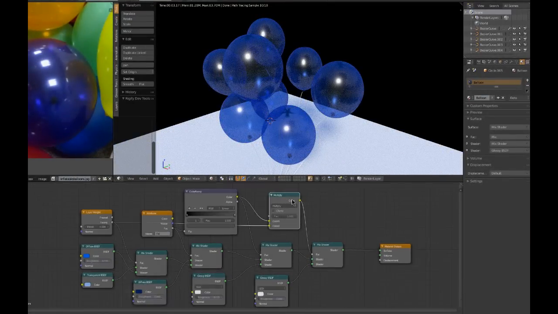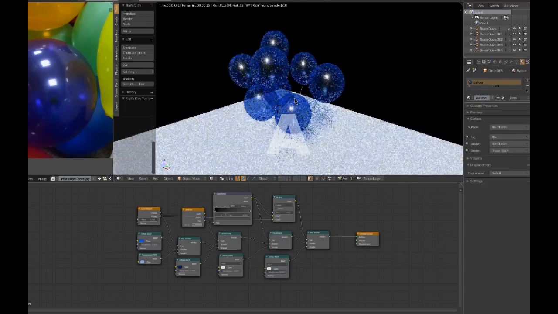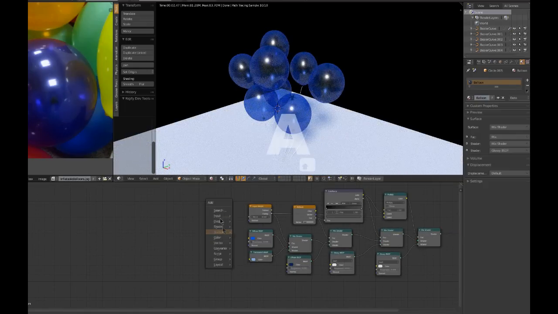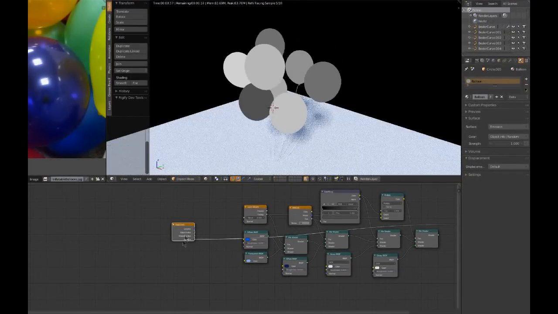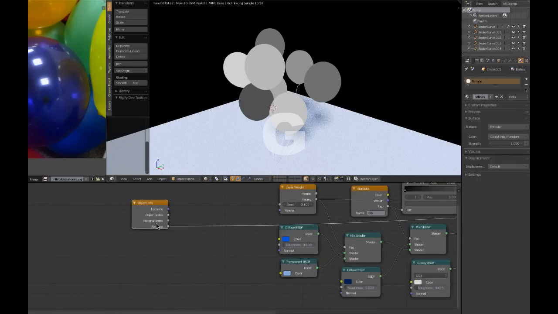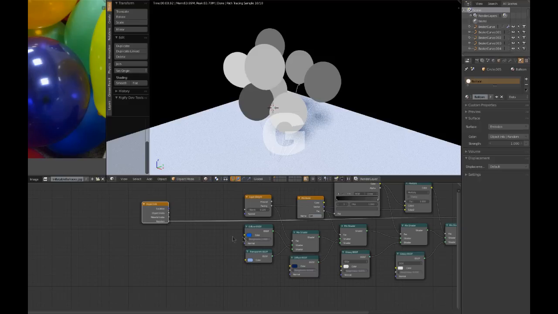And very good. But we don't want all of our balloons the same color. And fortunately for us, if you hit Shift A, Input, Object Info, Control Shift click, not that one, not that one, not that one, but the random output. That's exactly what we want. It's a black and white value that can control the hue, but you can't just plug that into a diffuse, because then it would make your balloons gray. So input RGB,